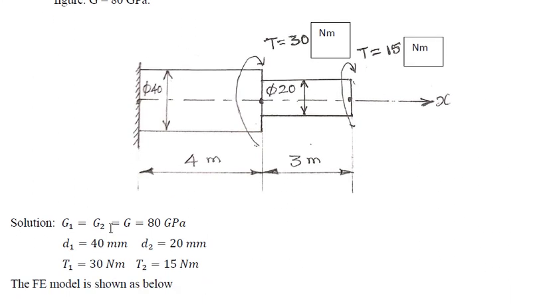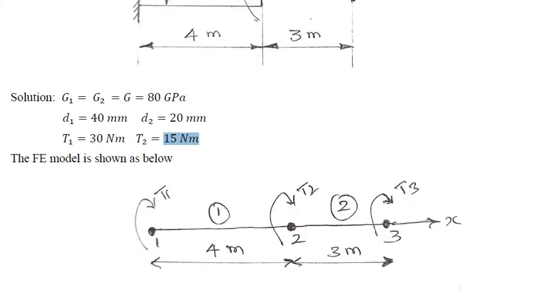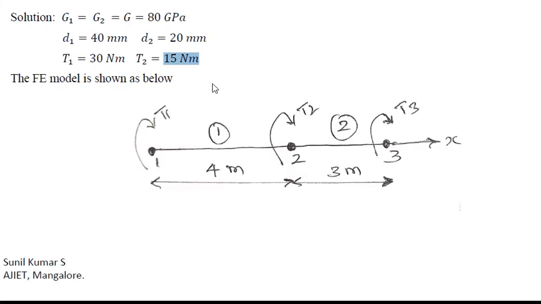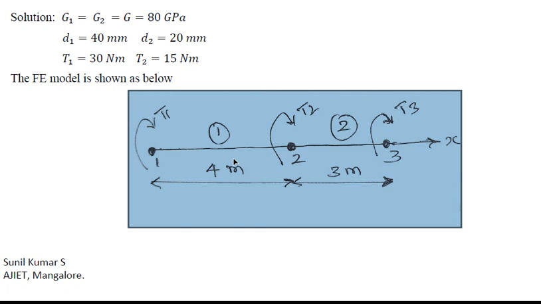The given condition is G1 is equal to G2, because it is made of one material, that is why it is the same 80 GPa. Diameter D1 is 40 millimeter, diameter D2 is 20 millimeter. T1 is 30 Newton meter, T2 is 15 Newton meter. So this will be the